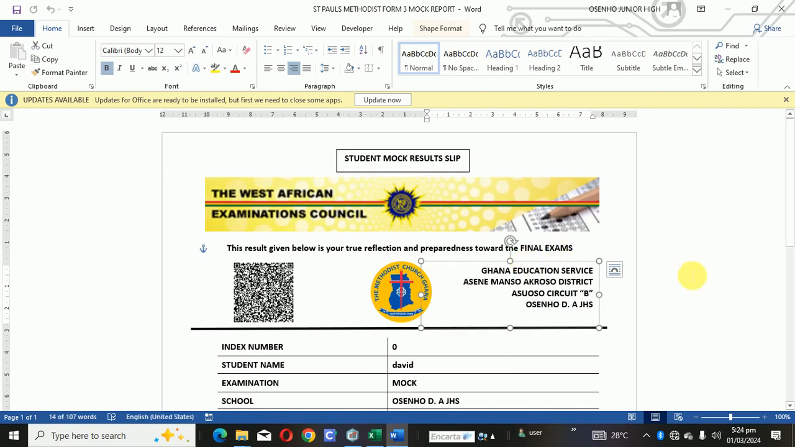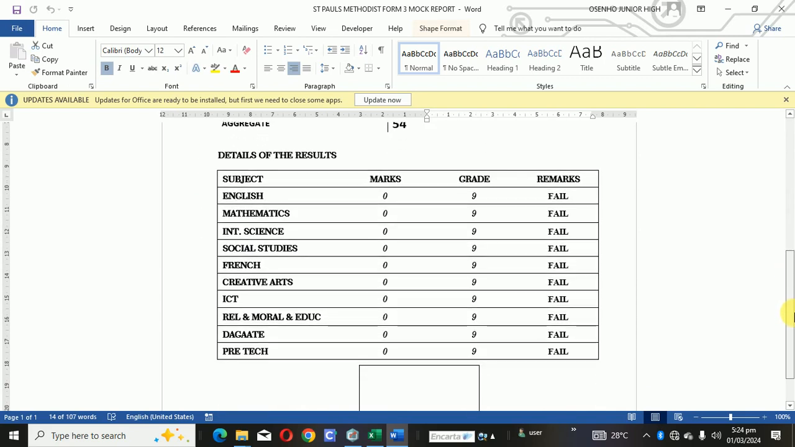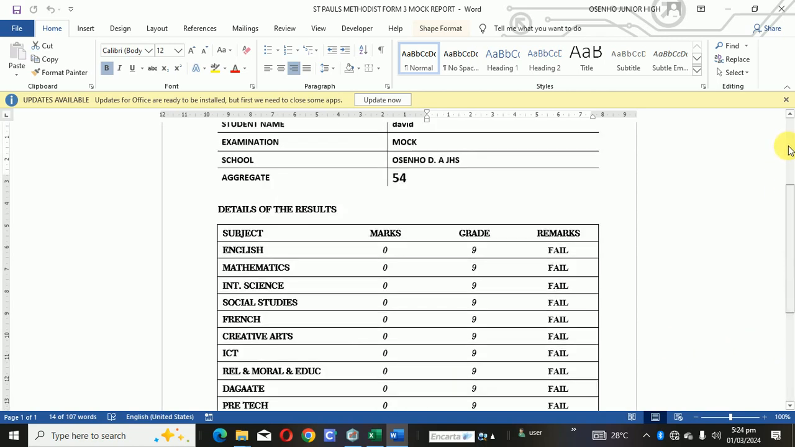Okay? Well, now let's scroll down. Let me show you something over there. This area is for the head. After printing out, the head will just have to stamp and sign. Put the stamp over there and sign. Okay? Now, what's next? The next thing we are going to do is that we are just going to